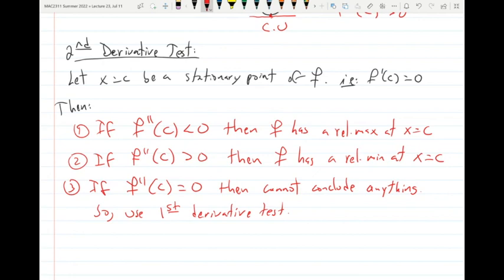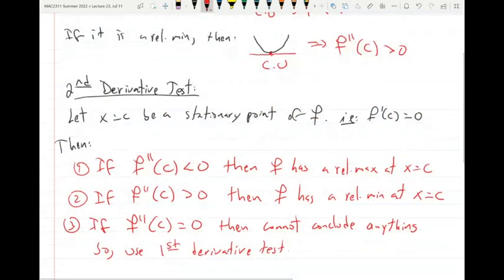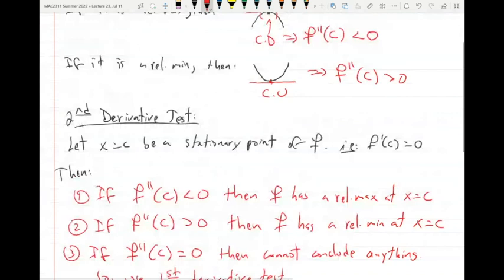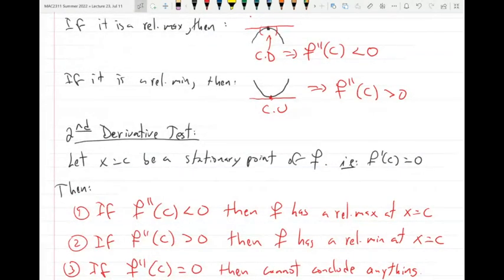That's a statement of the second derivative test. Again, if you forget which one is the maximum, which one is the minimum, think about x squared, negative x squared. So x squared, what does it have? A maximum or a minimum? A minimum. What do you know about the second derivative at 0? It's positive. So second derivative is positive, minimum. Negative x squared, what does it have? Maximum or minimum? Maximum. What's the second derivative? Negative. So second derivative negative at the point, give you a maximum. Okay? That will be your analysis. So I guess we cannot